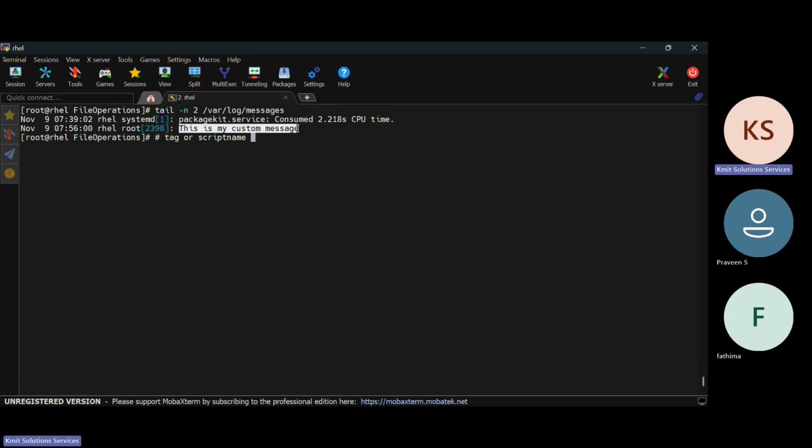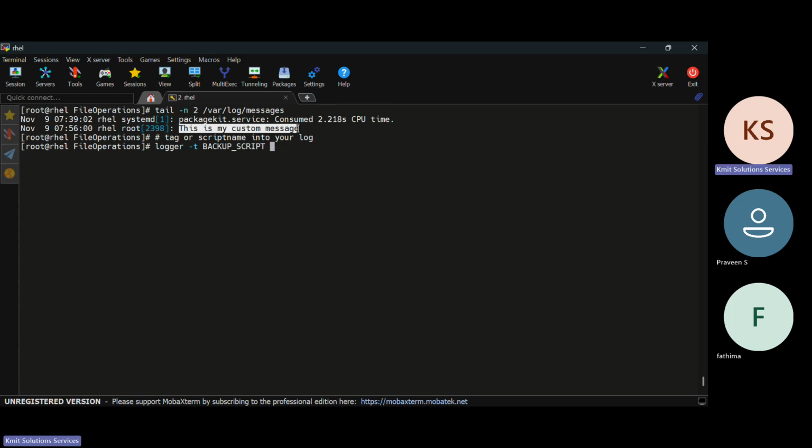So you can use a tag in your log. For example, if I say logger -t for the tag, and your script name. For example, my file name is backup script,